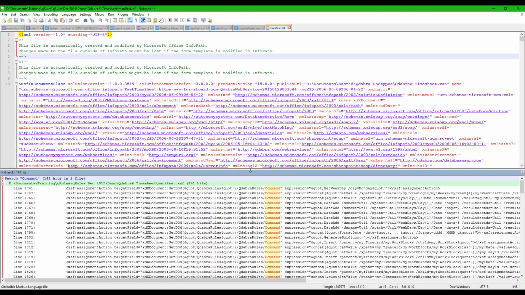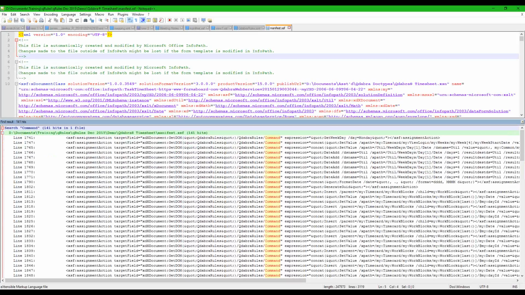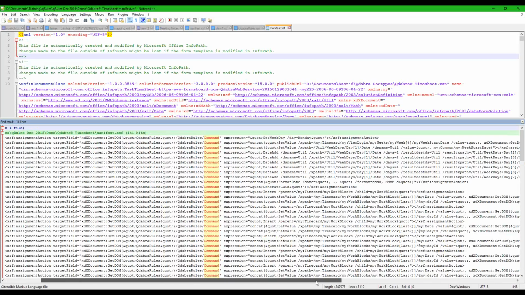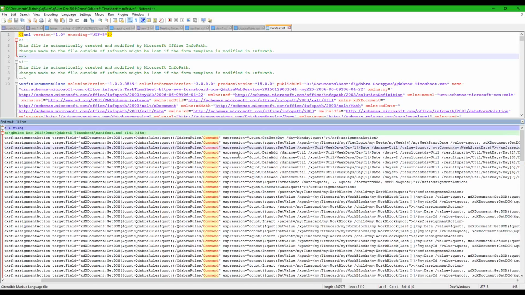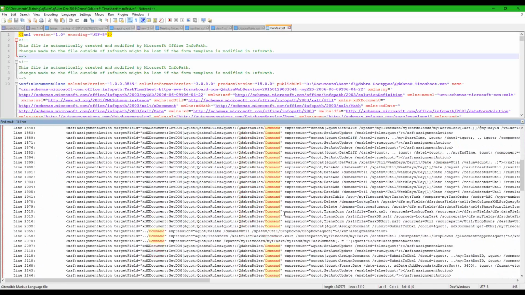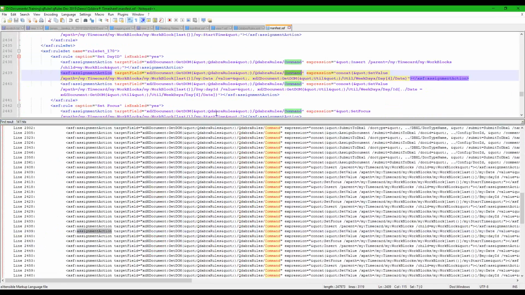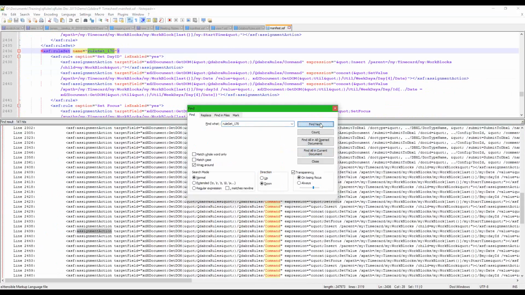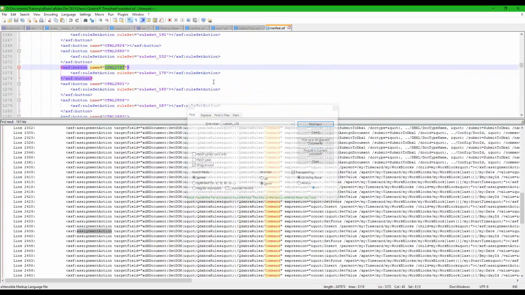Okay, so here I've searched for command and I can see all of the rules, starting about here, where I'm setting the command failed. And so that gives me anything that's got this assignment action, this is a rule. I pop to it and, oh, look here, isn't that helpful? Rule set 170. So then you need to find that. So you find rule set 170, you can see what control it's on. So then you have to find the button. This is a really good reason to give your buttons good names. If this said button insert Monday or something like that, my job now would be very, very easy.